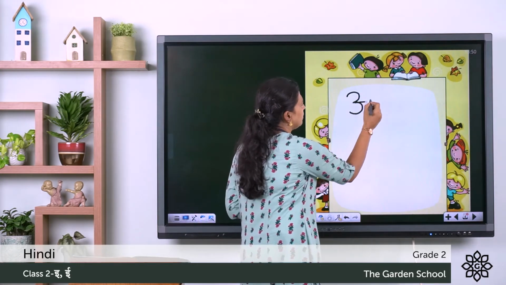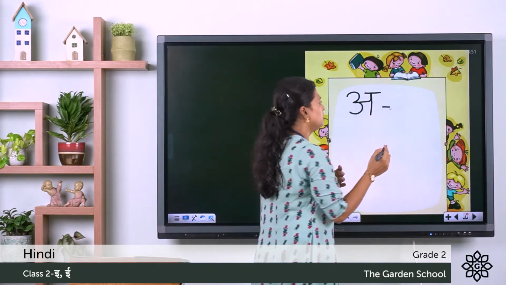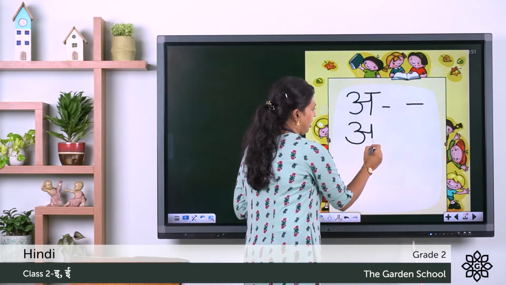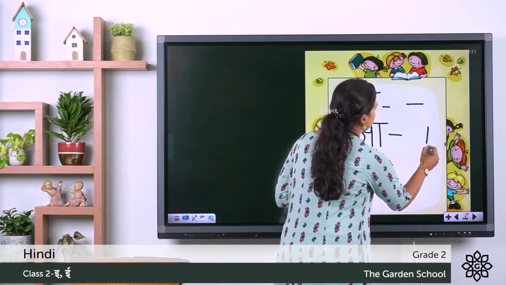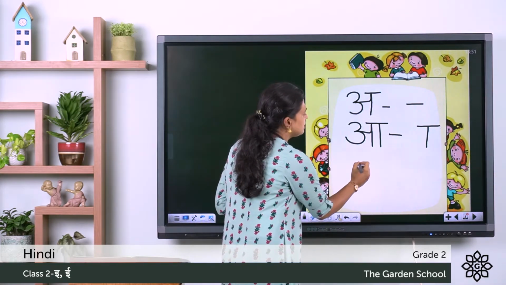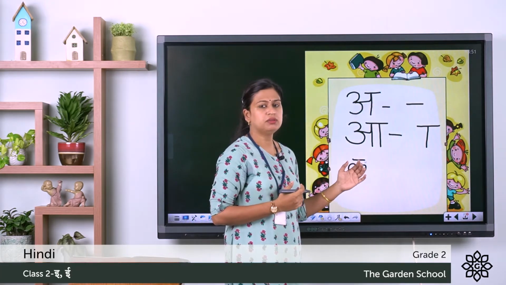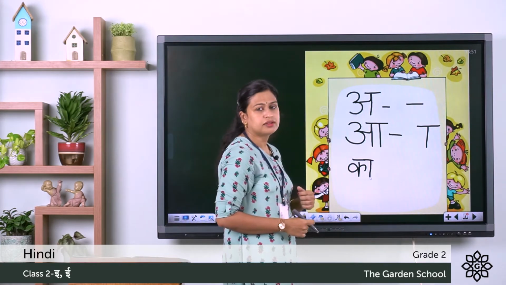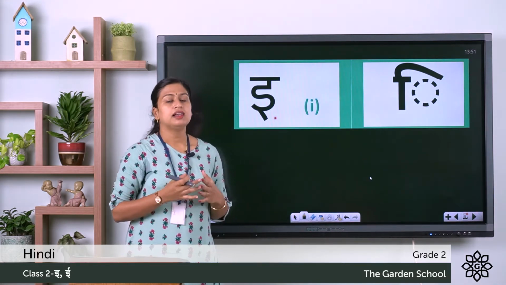A. So, for A, we have no symbol. The second Swarakshar is Aa. And the symbol for Aa is a standing line and on the top a sleeping line. For example, the consonant Ka, and when we add this Aa symbol with this letter Ka, it becomes Kaa. So we pronounce Kaa.